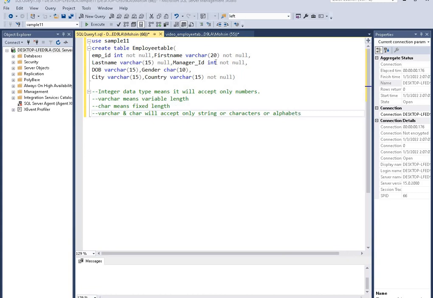Varchar 20 means it will accept a maximum of 20 characters. Varchar 15 means it will accept a maximum of 15 characters. Char 10 means it will accept a maximum of 10 characters or alphabets.